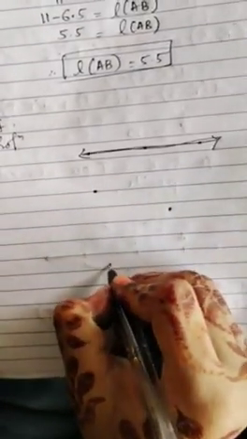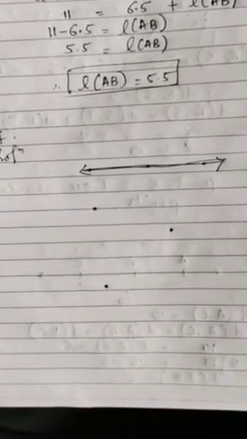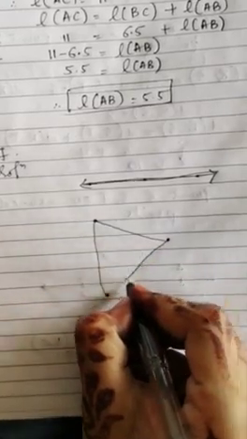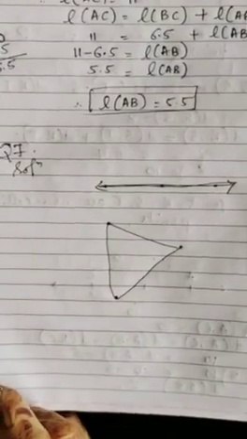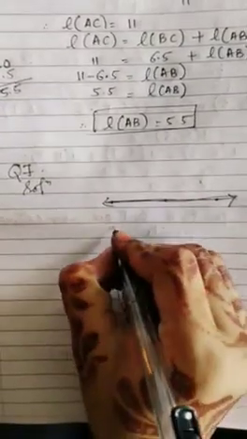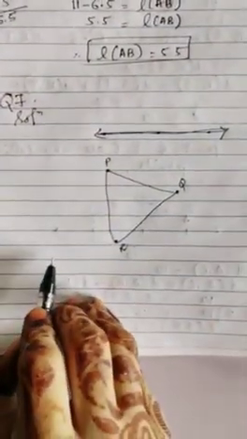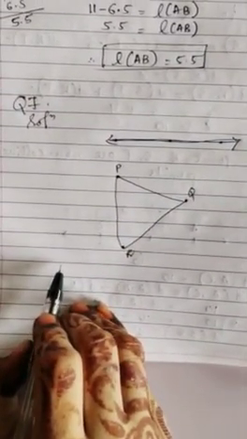And what about non-collinear points? See, suppose these are non-collinear points because they lie here and there, and they do not lie on the same line. If I join them like this, you have to use a ruler. Okay, if I join them like this, what kind of figure is formed? Triangle. You can give the name PQR. So you have to state, when we join three non-collinear points, we get a triangle.